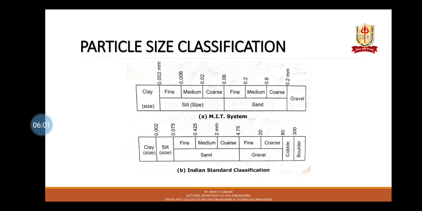In this system, soils are arranged according to the grain size. Terms such as gravel, sand, silt and clay are used to indicate grain sizes. These terms are used only as designation of particle size and do not signify the naturally occurring soil types. It is preferable to use the words silt size and clay size in place of simply silt or clay in this system. Following are the widely used grain size classifications: clay, fine silt, medium silt, coarse silt, fine sand, medium sand, coarse sand and gravel.